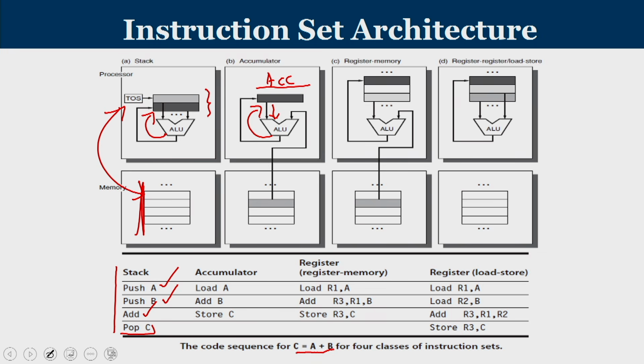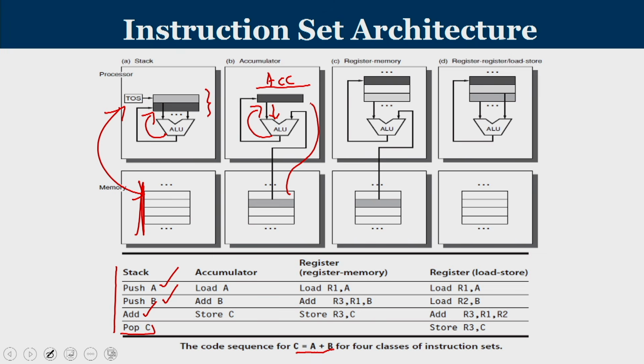So when you want to perform an operation, if it is a binary operation, the first input should be present in the accumulator. The second input I can mention and it can come from memory. So the accumulator is connected to memory, but the result always goes to the accumulator. And we use the load instruction to transfer the content of a memory location to the accumulator. Similarly, we use a store instruction to transfer the content of the accumulator back to memory.